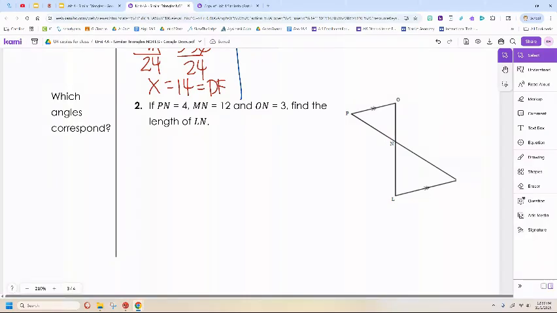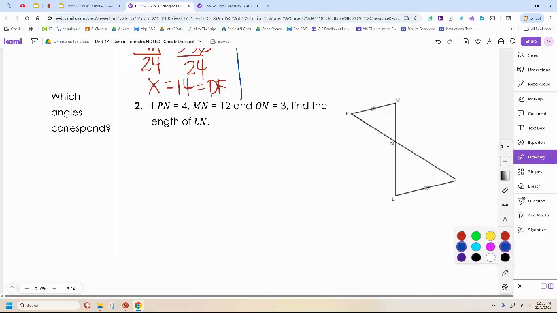So here we go. This happens pretty frequently. They'll give you information in a question, and then they'll ask you to put it on the picture. So let's do that. All right. If PN is 4,